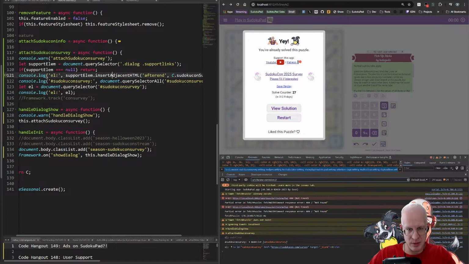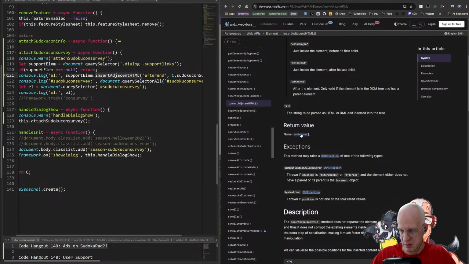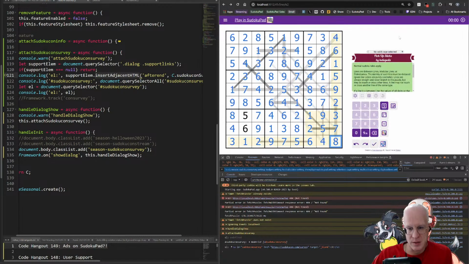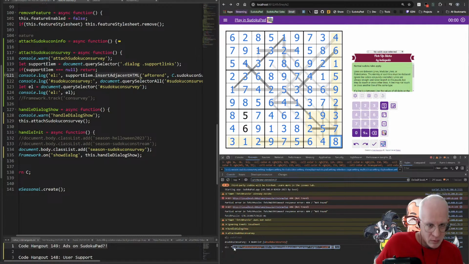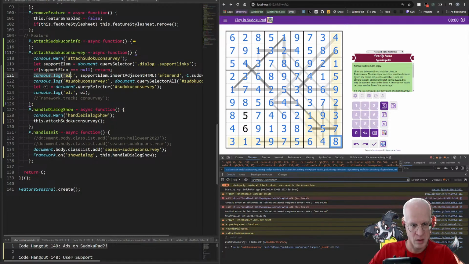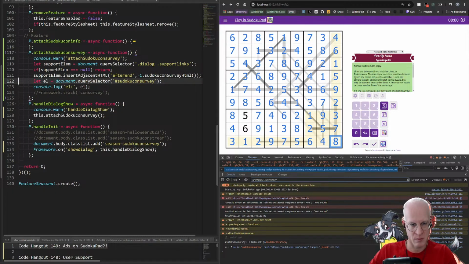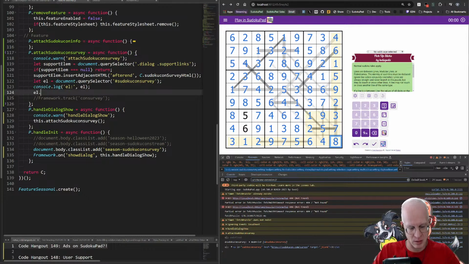So this does return insert adjacent element. MDN does have a return value, which I did not expect. Or I thought, no, doesn't have a return value. Wait a second, what? Insert adjacent. So EL, oh no, okay. What is it? We select all. Okay. I've got the information here. All right, so that doesn't have a return value as expected, which is a pity. But this does. And then we can do EL dot on click dot add event listener,